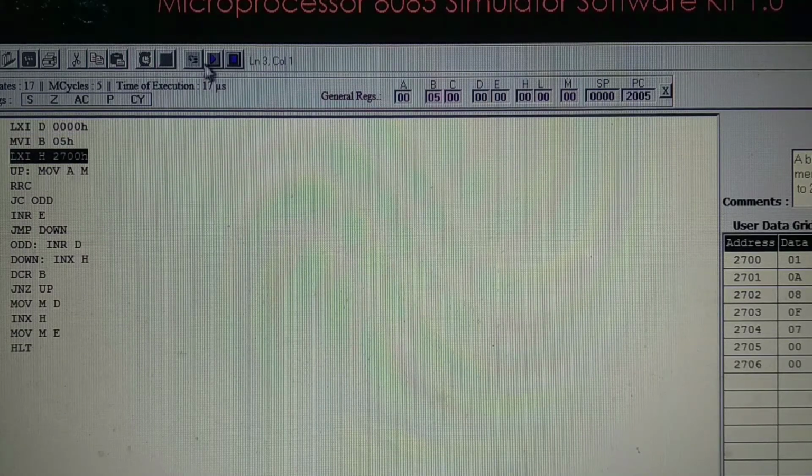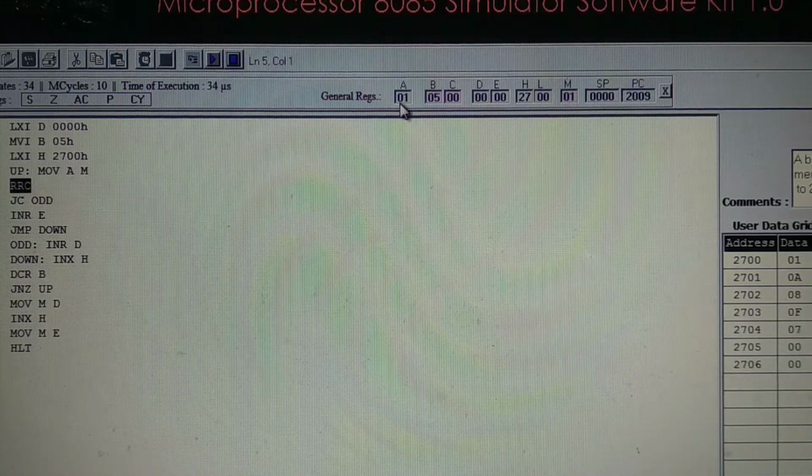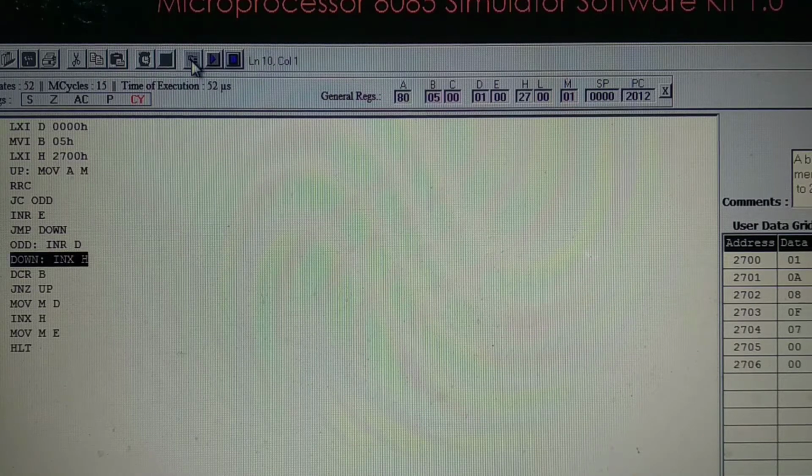Next step, MVI B 05, you will get here B as 05. HL 2700, take the first number to the accumulator, that is 1. Rotate it, carry flag is set here, it is in red. So increment counter for D, D becomes 01.